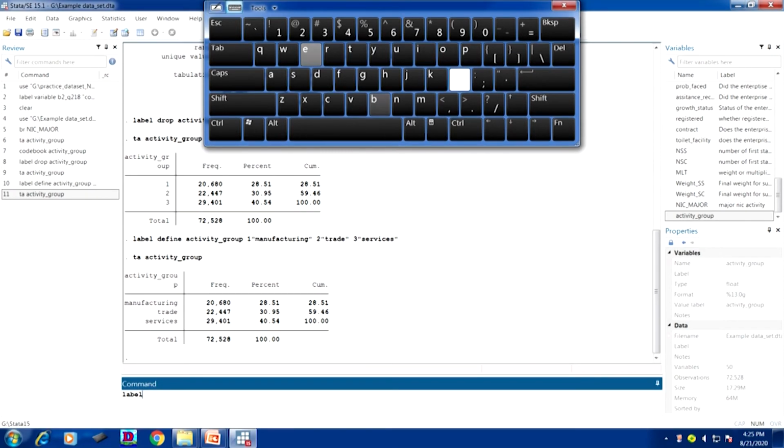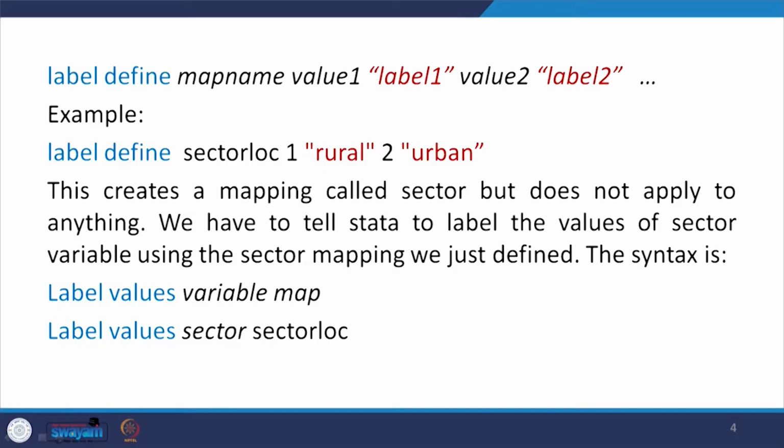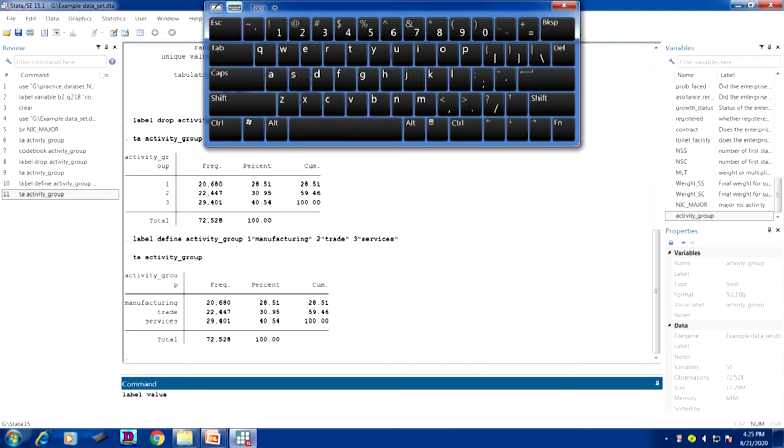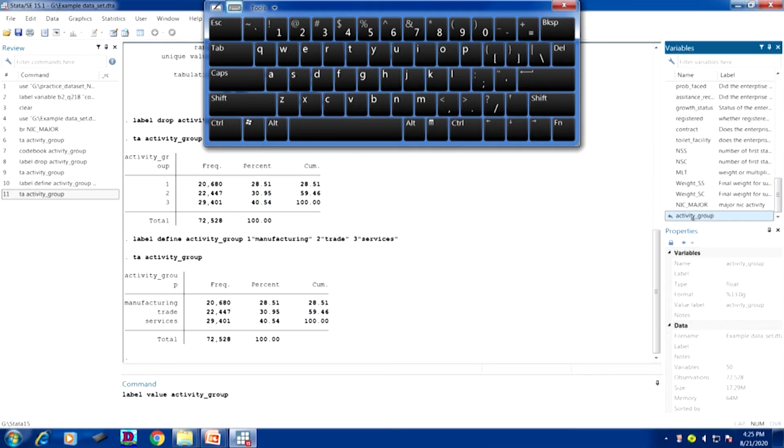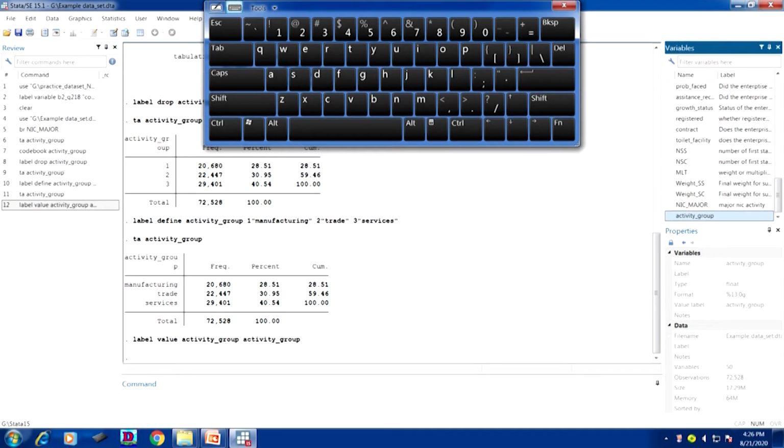Then the mapping variable which I have already created is, in our example, activity group. So, I will enter the activity group here, all right. If you have a separate coding variable and value label we have already made, then the second one should be your mapping variable, the way it has been guided. If I just enter it, your values have already been labeled for that particular variable called activity group.